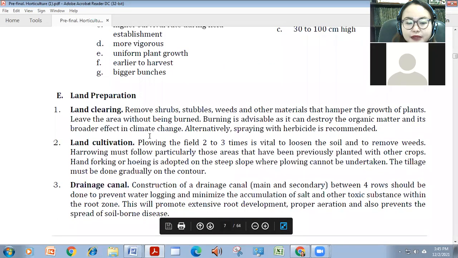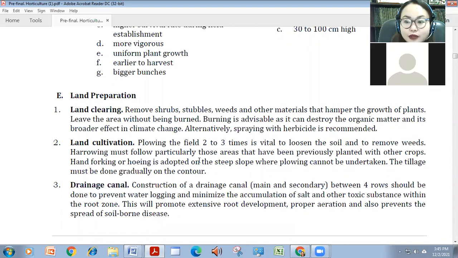So for the land prep, it's very important na cleared talaga yung land. No? Makita nyo sa kanina, no? Pag monocropping na banana, wala ka nakitang mga weeds talaga or mga trees in between, unlike kung mag-intercropping ka. And so for land clearing, you can use actually, they usually remove using by burning or by spraying herbicide. And for the field naman, you also have to plow the field 2 to 3 times para matanggal talaga yung